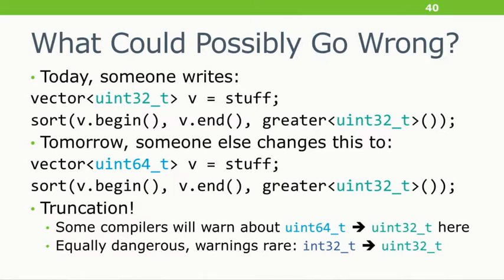But it's not just a compiler thing. There's an equally dangerous case. Imagine that you've got a vector of int32_t, so it's signed. It can be negative. And what if you pass that to a greater of uint32_t? In this case, it's equally bad, because negative numbers will be converted to large unsigned numbers, which compare differently. And then the small positive numbers won't have their values changed. So the comparison will start returning different answers. Equally dangerous, but compilers actually consider sign conversion warnings to be more noisy, and they warn about them less. In fact, it was extremely hard for me to get any compilers to warn about that case. So this is bad, the fact that we're repeating this type information that the compiler already knows in some sense.